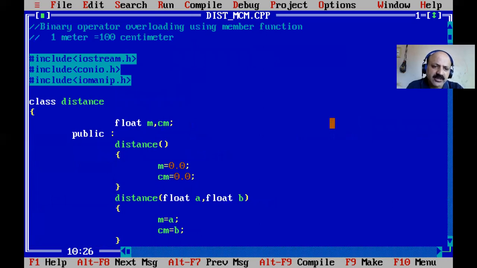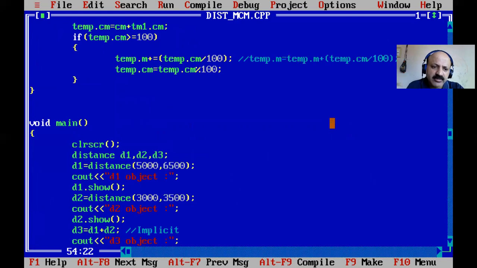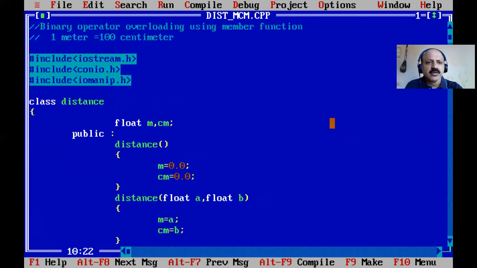So we cannot take that modulo operator. So what to do? Here we can take the long integer data type, then that error is solved. Otherwise, we can also use the fmod function, which takes the modulo remainder. That is also a possibility. But here I use just the long integer data type. So all of that is solved.